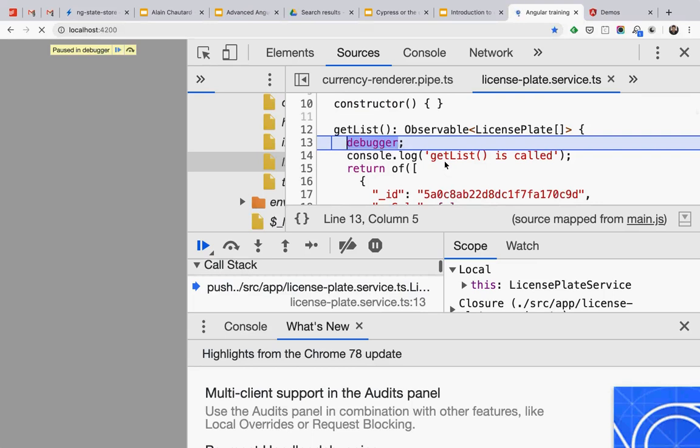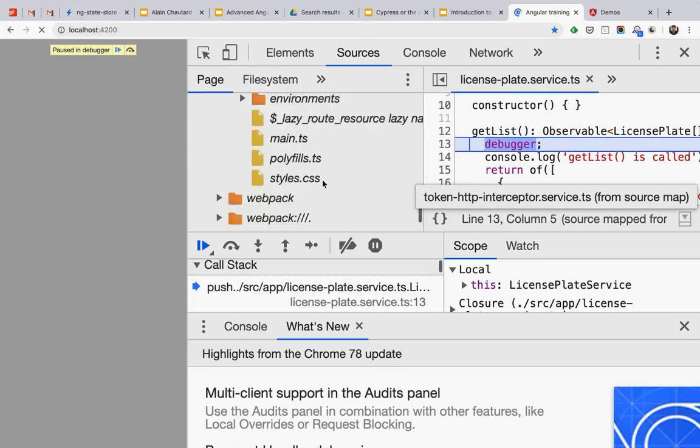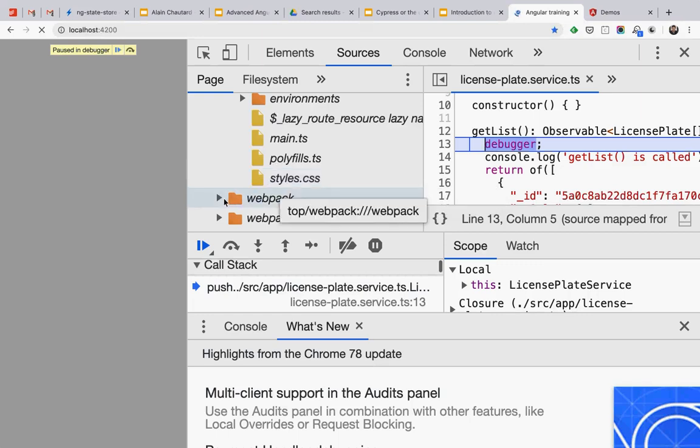TypeScript inside the browser, which is very, very powerful because I never have to worry about the output of my build or what the actual code looks like in the end. I can still debug from what I'm working with, which is TypeScript. Using the source map? Yeah, exactly. So what's happening is that the compiler is generating source maps. So that's files that do the mapping between my TypeScript code and where it actually ends up running in JavaScript.